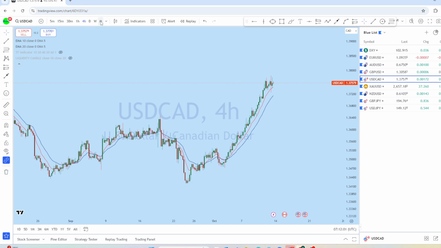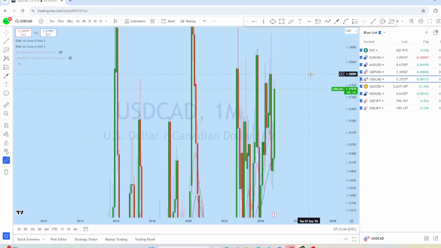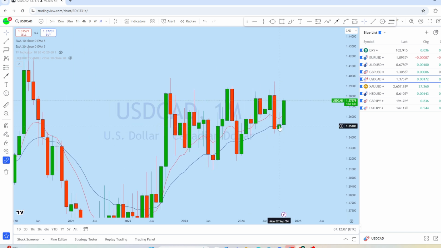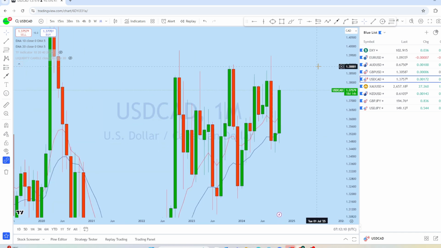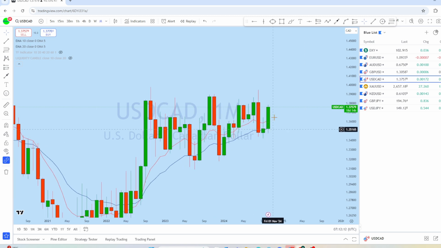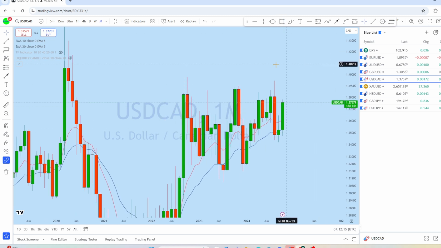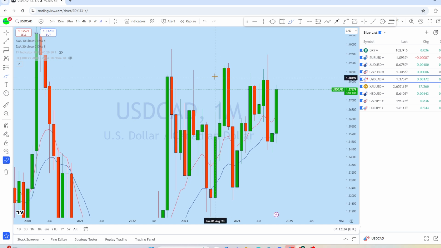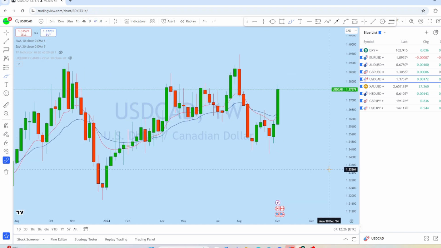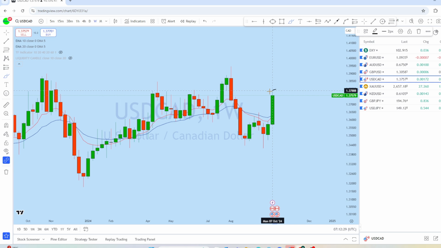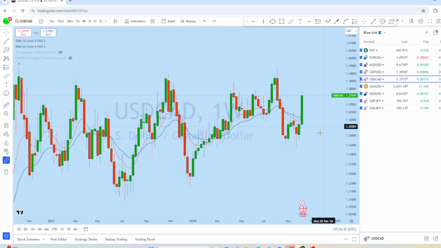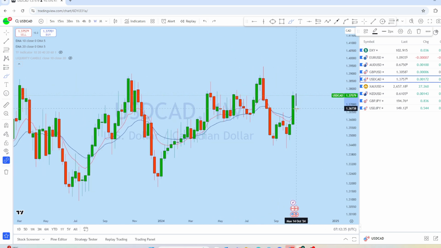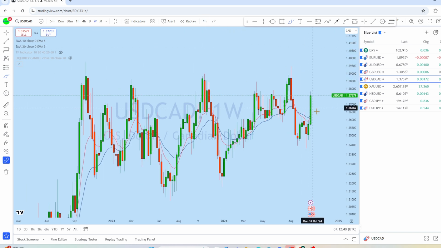Looking at the monthly chart on dollar CAD, after the previous monthly narrow doji formation, this month, after an initial pullback, we have seen a very strong upside here. In the third week of the month, we might see, after an initial pullback, the market continue to rise to create a new higher high. If we look at the weekly chart, this is the weekly candle, which is in fact a very strong bullish price action, expecting dollar CAD to come down for a deeper pullback and then to continue to the upside to create a new higher high.